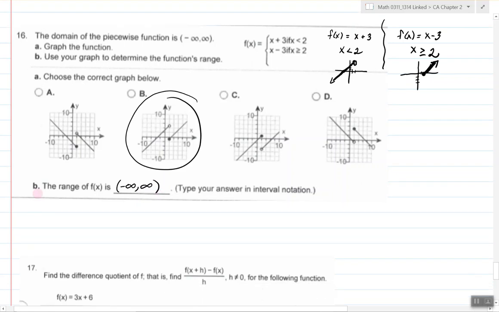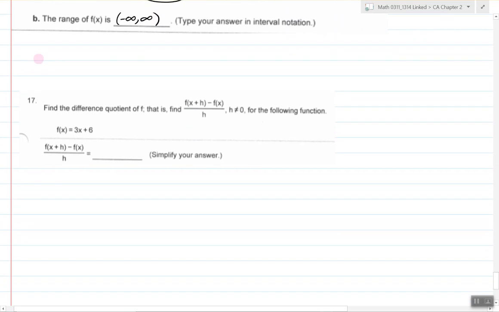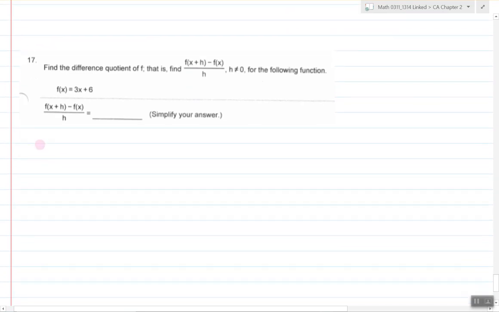All right. We're going to leave our piecewise functions and go back to something else that is review from the previous lesson. Do you remember the difference quotient? The difference quotient, it's right here. The only difference is they're not using letter A. They're sticking with f of x. So,